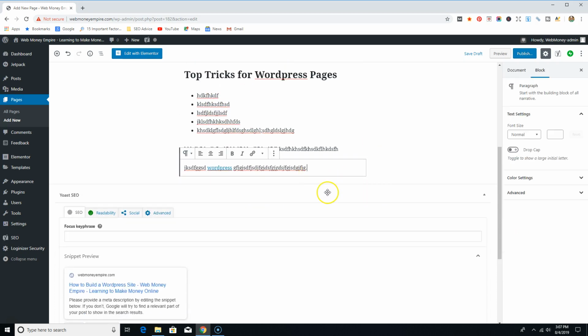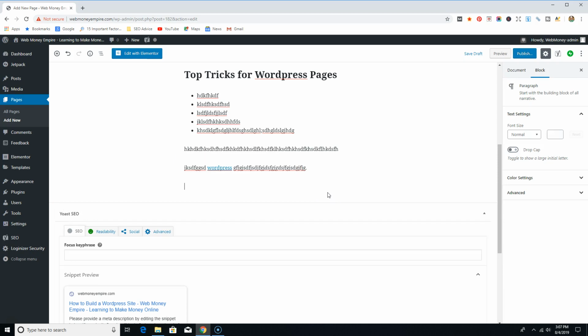Now, same thing with creating links to other pages on your website, known as internal links, okay? So an internal link is when, and this is a big thing, so take note of this, if you want your website to do well,